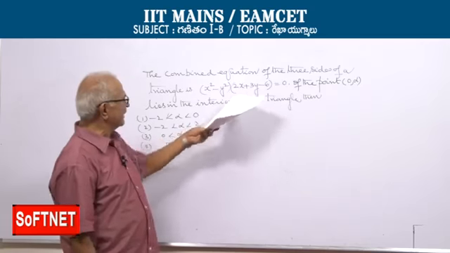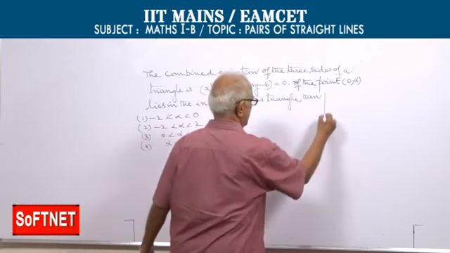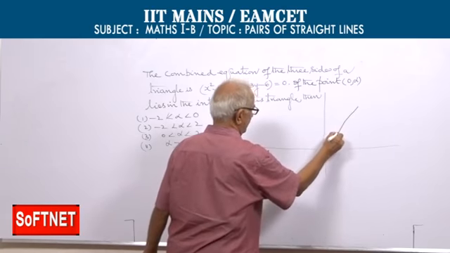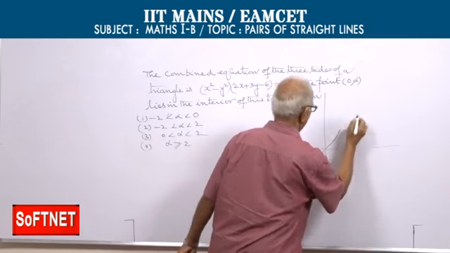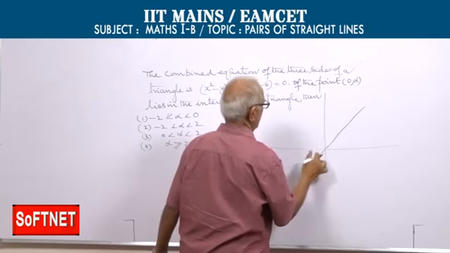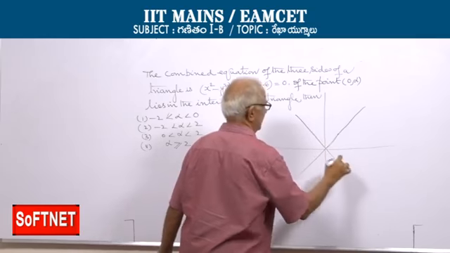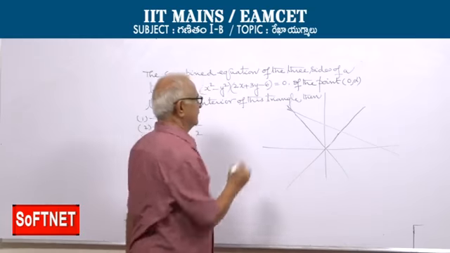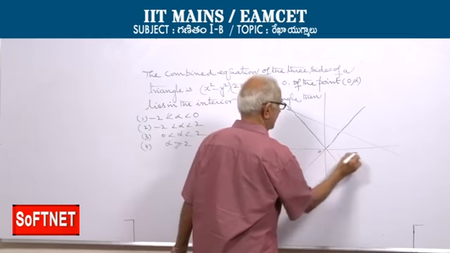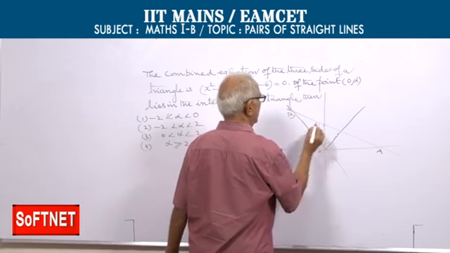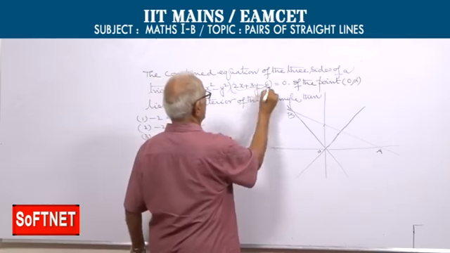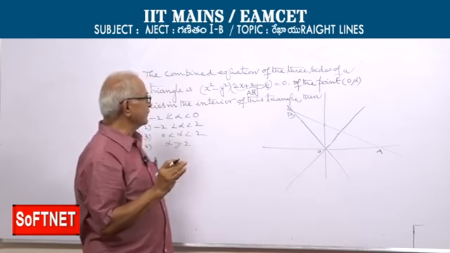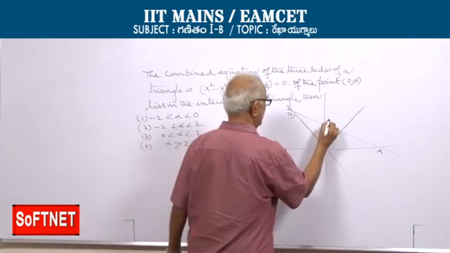So, the 3 sides are clearly like this. One is x plus y equal to 0, this is x minus y equal to 0, and this perpendicular line x plus y equal to 0. The third is this line 2x plus 3y minus 6 equal to 0. So this is the triangle OAB. The third side is AB. Follow? And this has intercepts: x-intercept is 3, y-intercept is 2. So this is 0, 2.